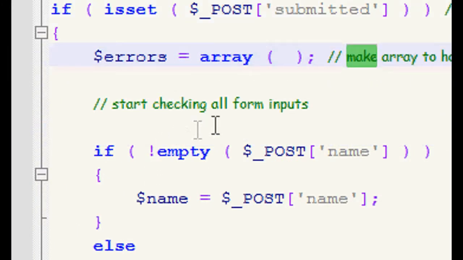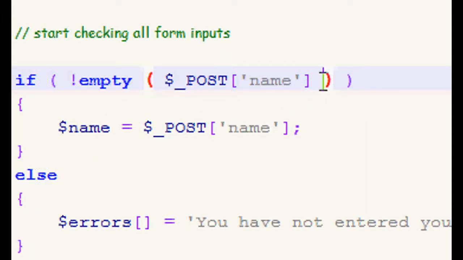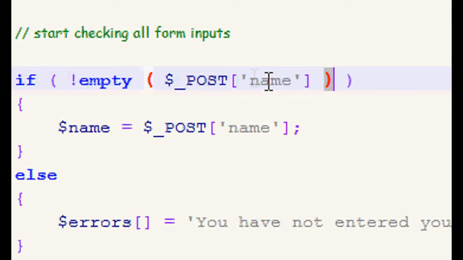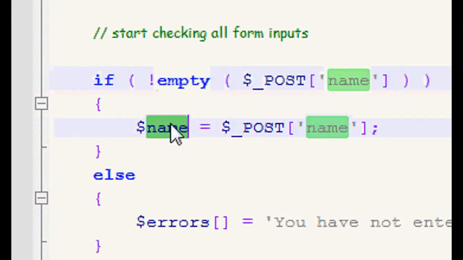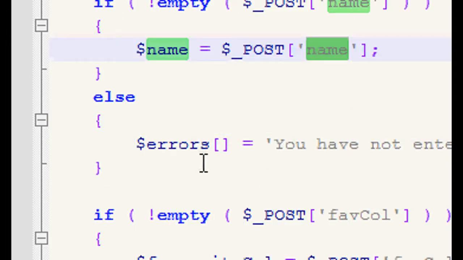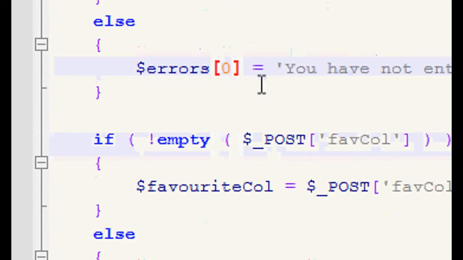Now we're going to start checking all the form inputs. We're going to say if not empty, again, the empty function, that's a new function as well. It just checks to see if a variable between the parentheses is empty or not. So if the variable $_POST['name'] is not empty, make the variable $name and assign it the value of $_POST['name']. Otherwise, errors, and then we're using this one, we're not putting a number between the brackets, because